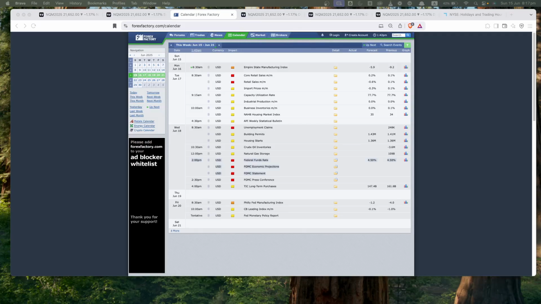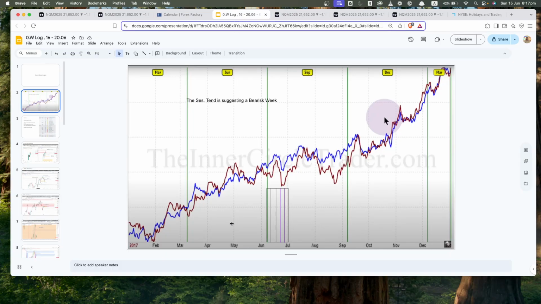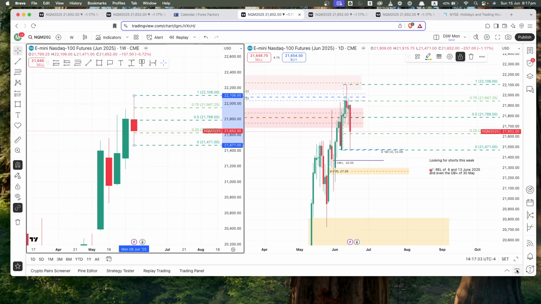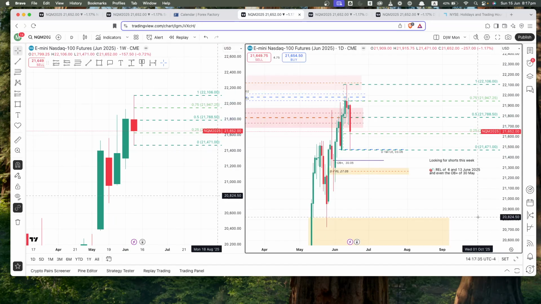So if we look at the seasonal tendency, if we take the third week of June, which is this one, we see that both the 15 and the 30 years show that there is a likely move down. And that also fits with the higher time frame. So if we see, this is the previous week, so I added the quadrant levels. And if I look on the daily afterwards,